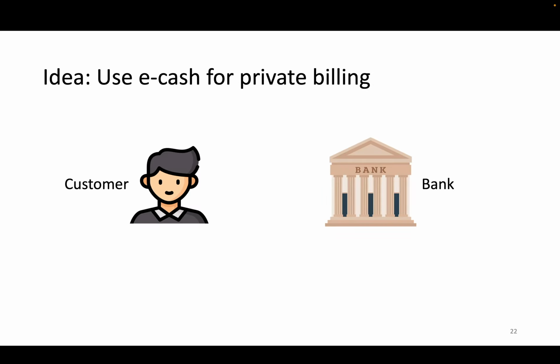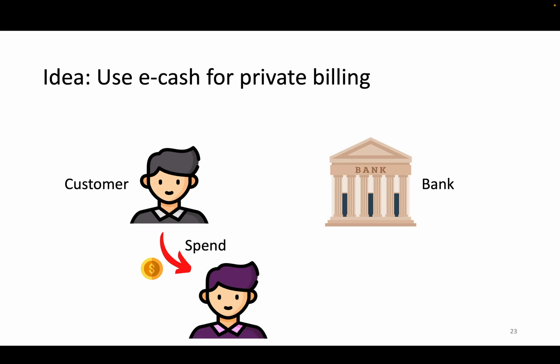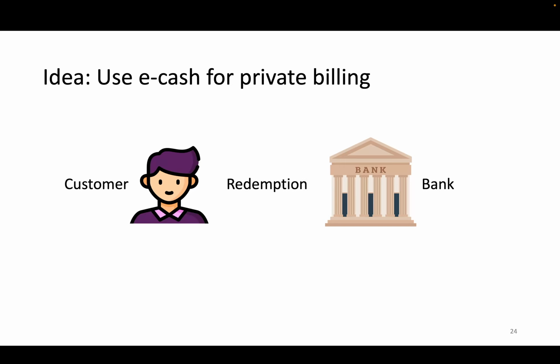To accommodate private billing, we propose to reinstate a limited exchange that uses an eCash scheme to privately bill for ad impressions without needing to learn clients' web browsing activity. In our setting, eCash involves two parties, a customer and a bank. In the issuance phase, the customer sends fiat money to the bank, and the bank issues eCash in return. The customer can spend the eCash by sending it to another customer, and then in the redemption phase, the other customer can redeem the eCash with the bank and receive fiat money in return.